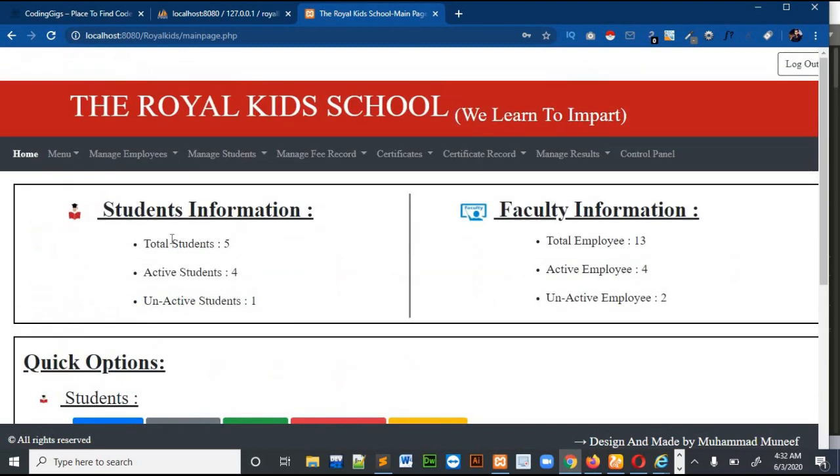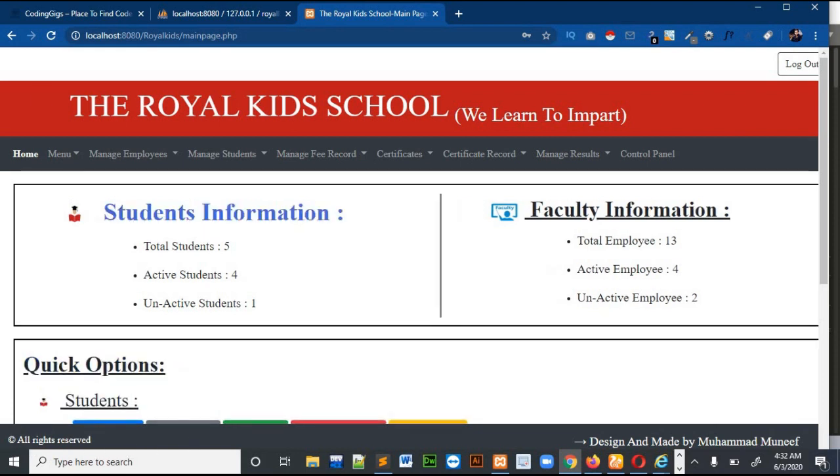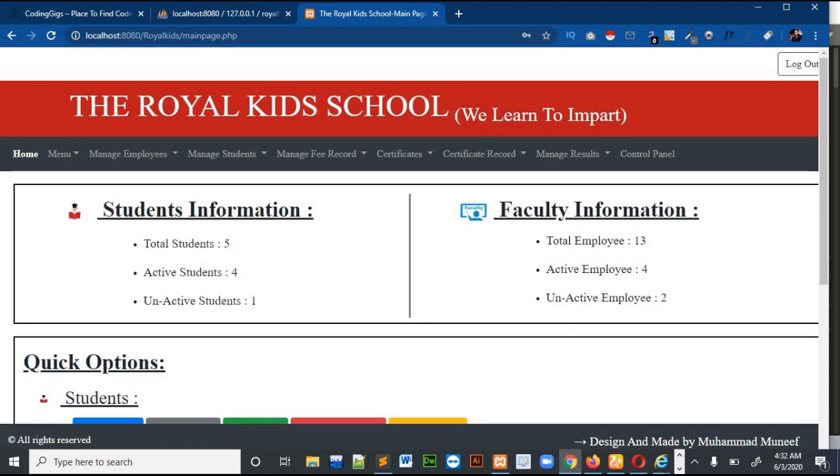The remaining things I did in Bootstrap and HTML. The top section of this page I saved in a separate file, and the bottom section of this page is also in a separate file. So this is my header and this is my footer. I made separate files for those two, and after the main page I will show you these two files first. All of these things I did in HTML, Bootstrap and CSS.